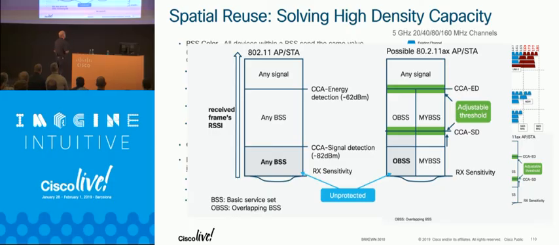the adjustable CCA threshold is between the CCA SD, which is the signal detect, and the ED. This is the first time since 802.11a that we've changed this. 802.11a said, if I hear energy at minus 62, then I have to obey that. And I have to drop down to minus 82 to make sure that it's not an 802.11a signal. When 802.11a came out, transmitters weren't that good and it didn't go that far. It was very possible to have somebody talking to you at minus 80 because they were out near the edge. So that was a good protection.